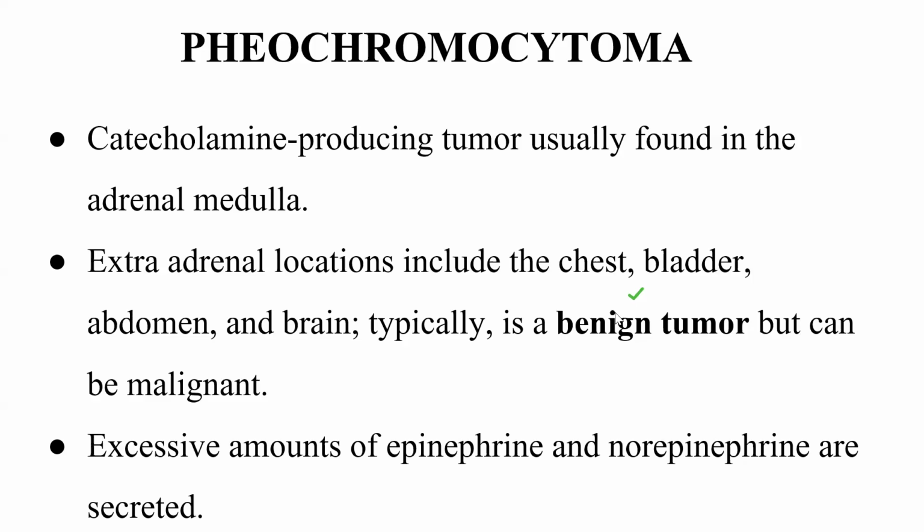Under our adrenal gland, let's have a quick recap. We said the adrenal gland is divided into two layers. You have the adrenal cortex and you have the adrenal medulla. Part of the adrenal cortex, we've been talking about the disorders, we've been talking about Addison disease, Cushing disease and Cushing syndrome, Addison crisis, Conn's disease. But now we're talking about the medulla part, the adrenal medulla, which is the inner part of the adrenal gland. So one of the dysfunctions there is